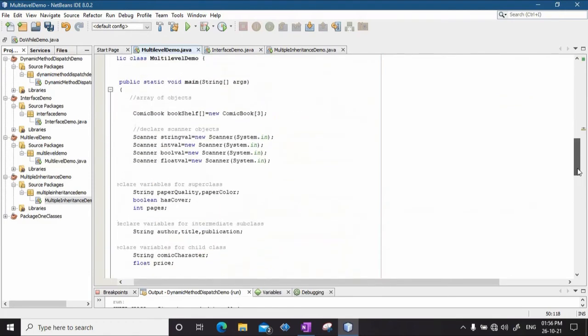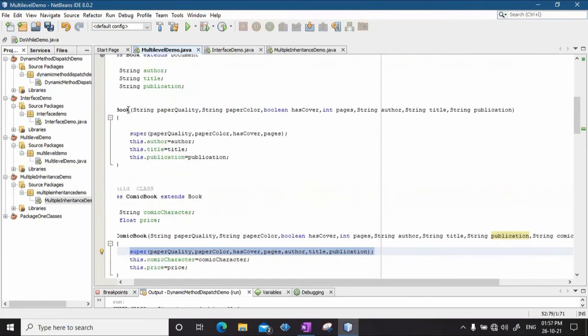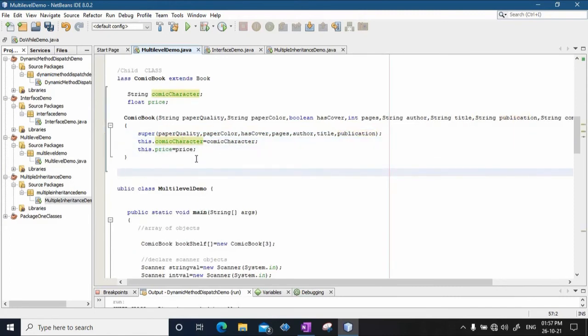So we will call the subclass constructor super, and pass all these 7 attributes to the superclass constructor, that is book, whereas comic character and price will be assigned the values of comic character and price here.